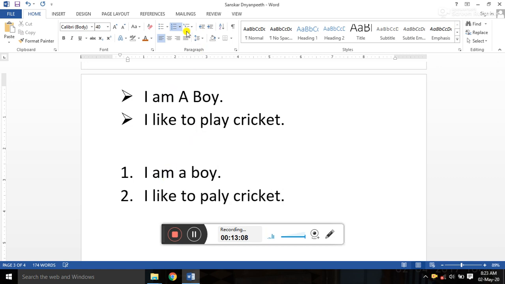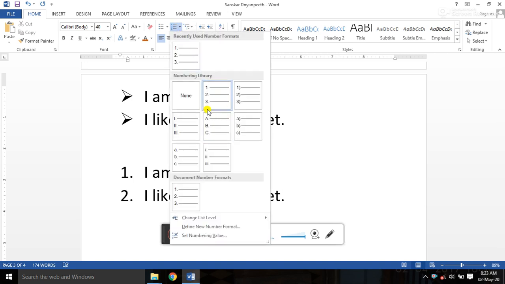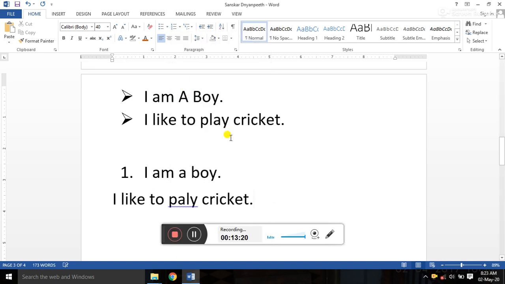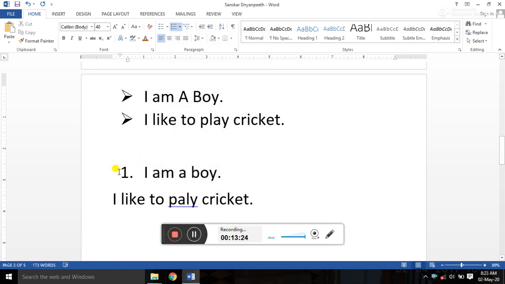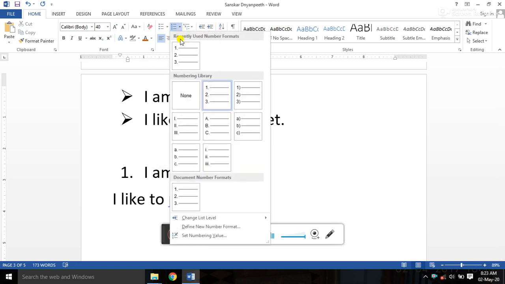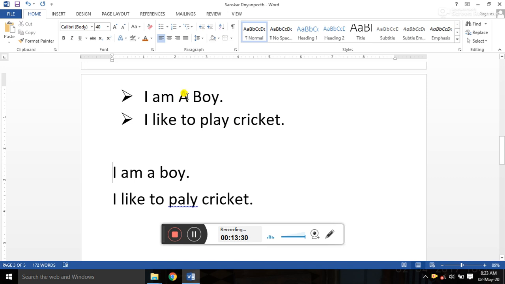But see, sometimes such a question is there: what types of bullets can you enter into the bullet list? Now you can say no bullet, means that bullet will get erased. Now while selecting this bullet, again see here, you click here and after that select No Bullet, okay, means that bullet will get removed.